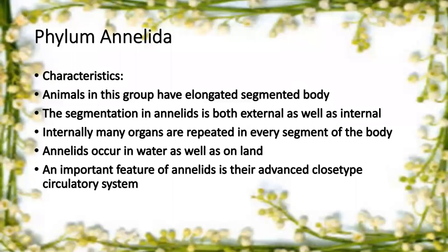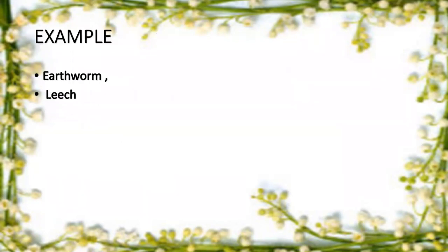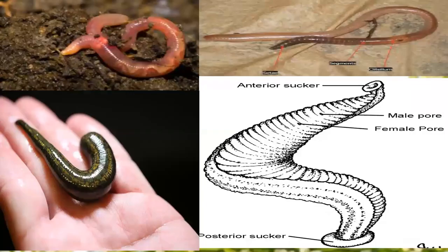बहुत इंपॉर्टेंट चीज वो जो क्या है, जो अभी तक किसी फाइलम में नहीं आई थी, कि इनके पास सर्कुलेटरी सिस्टम होता है। इनके पास रेड ब्लड होता है, आरबीसीज वाला ब्लड होता है, और इनकी बॉडी में पाउच लाइक स्ट्रक्चर होते हैं जो हार्ट की तरह काम करते हैं। एग्जाम्पल अर्थवर्म और लीच है।